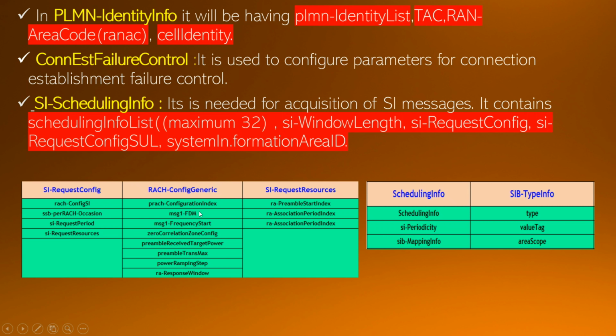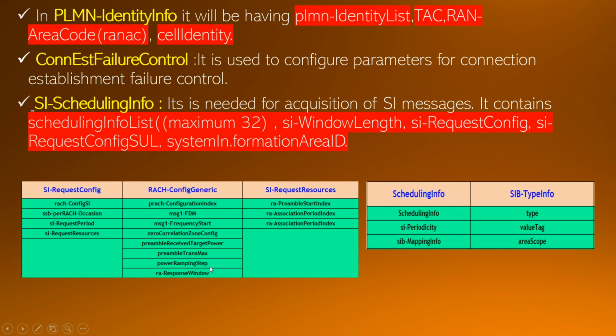In this we have a list of parameters: prach config index, message 1 FDM, message 1 frequency start, zero correlation zone config, preamble receive target power that we can set, preamble trans max, power ramping step, and RA response window.